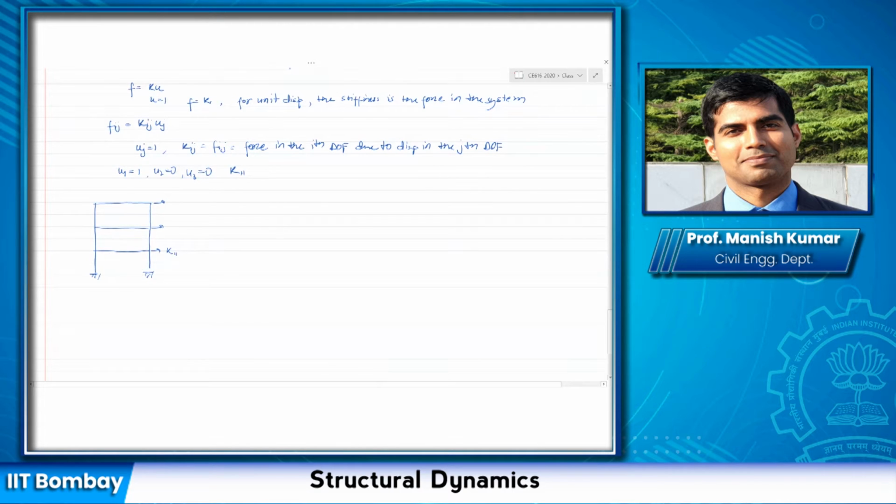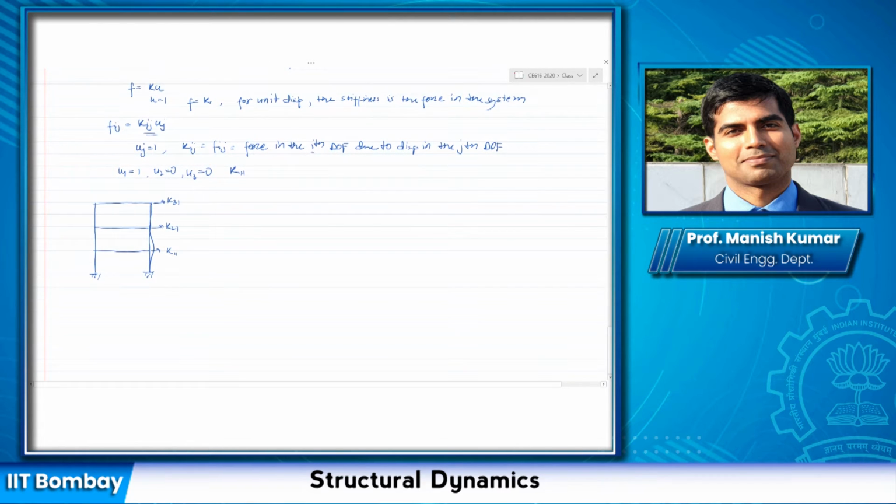Okay, so the first subscript always is the degree of freedom at which you are considering the force. The second one corresponds to the displacement. So K21 and K31. This is for the case when I apply the unit displacement at j equal to 1 and then I keep others 0. This you need, because if you consider this equation, only when others are equal to 0, I can utilize this equation.